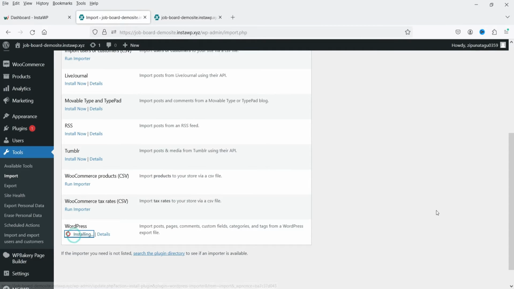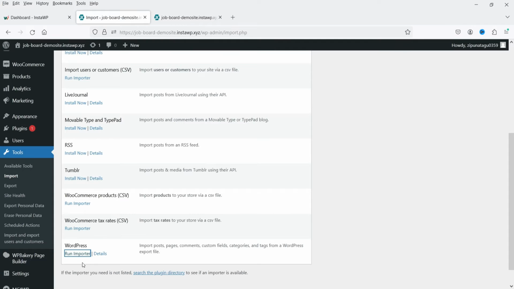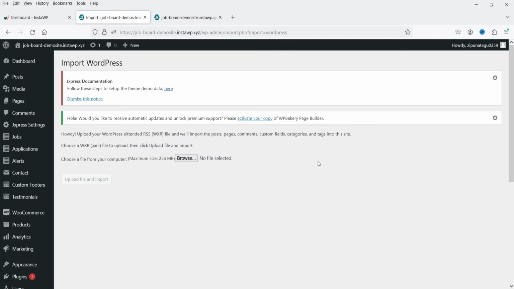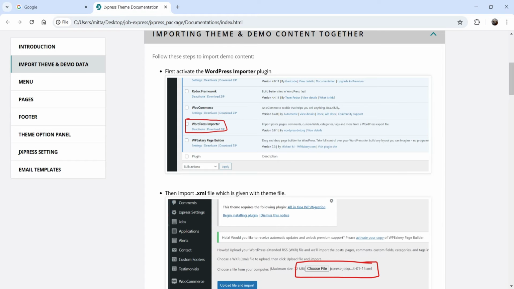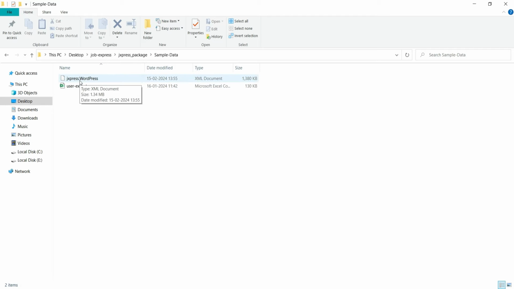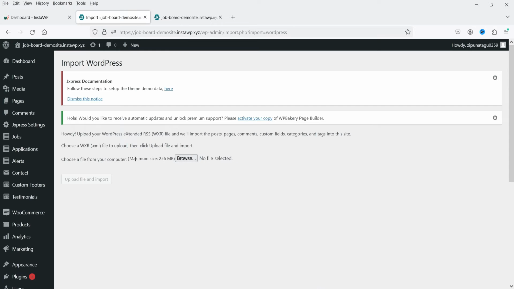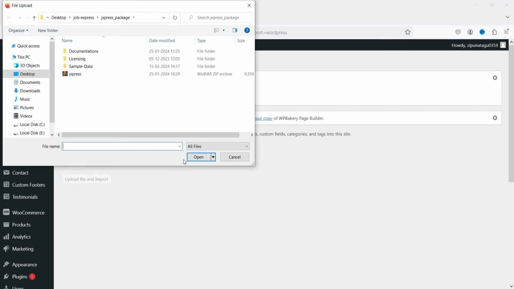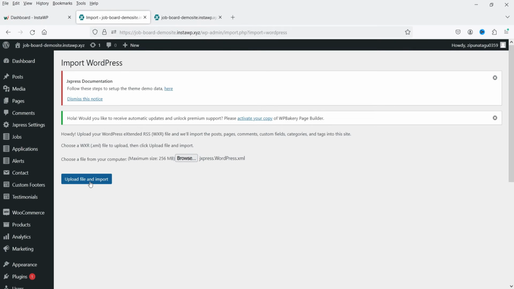Click on install now and click on run importer. All right, so it is installed. Now we need to browse the file which is inside the demo content. We need to select this file, the XML file. You will see it needs the XML file. So I'm going to click on browse and go to the folder. Then we have sample data, and this is the XML file that I'm going to open, and click on upload